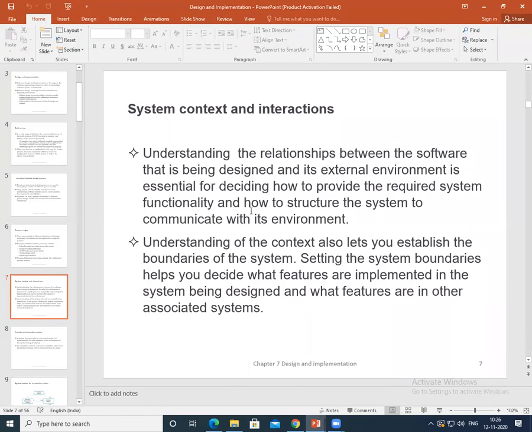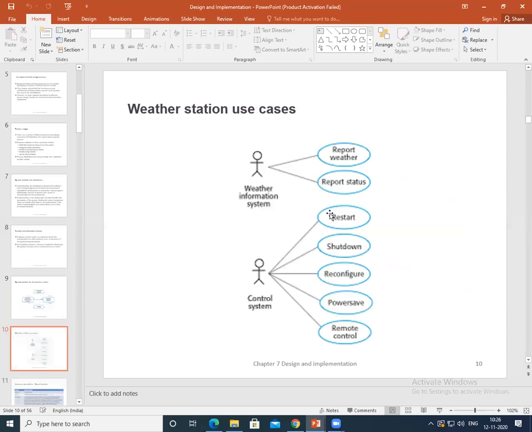The system context model and interaction model represent the complementary view of the relationship between the system and the environment. Okay, a system context model is a structural model. It is a structural model that demonstrates the other systems in the environment of the system being developed, right? And an interaction model is a dynamic model. It always shows how the system interacts with its environment and how it is being utilized, right? So we have a diagrammatical representation.